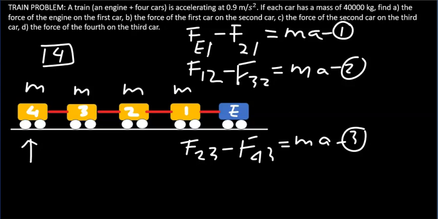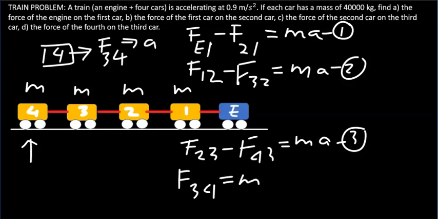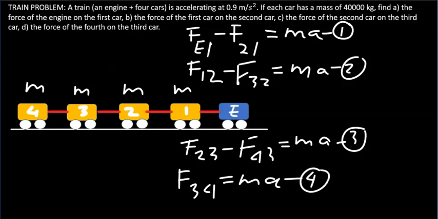The force that acts on it is due to car number 3. So the force on 4 due to 3 can be written like that. And since the acceleration of car 4 is a, we can simply write F34 equals m times a. So that is equation 4. And again, we stress the force on car 4 due to car 3, which goes like that, must be the